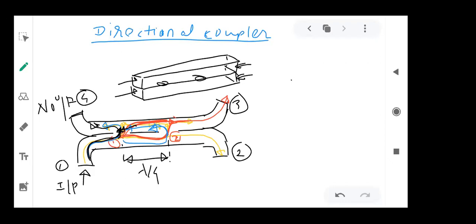So when I say lambda is involved, it means that a straight relation is there, that lambda equals what? C by F. Since C is fixed, if the lambda is fixed, then F must be fixed. It means that this device is designed for a particular frequency only. So if you operate it at some other frequency, then this device may not work, or it can work only for the odd multiple of this frequency,